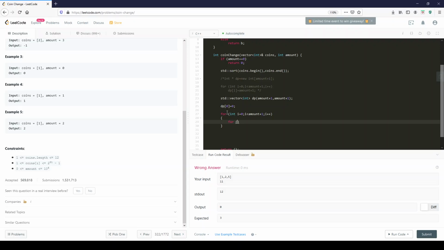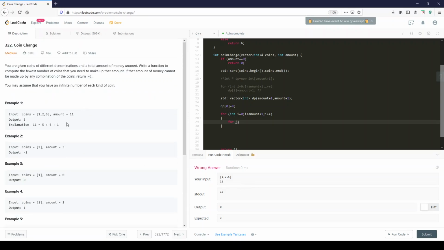Now we want to go through each coin and see whether we could use those coins, for example, the value of 0 or 1 or 2, all the way up until amount. So our base case is this 11, just like they gave us on that original example. We should find 3 at the end. So we're going to iterate through the coins,